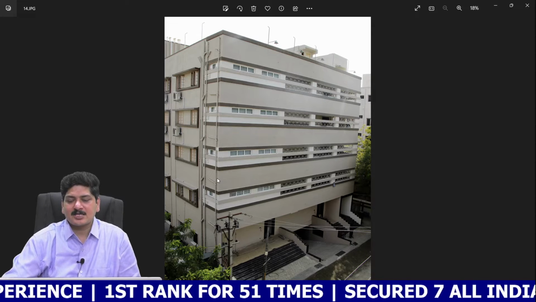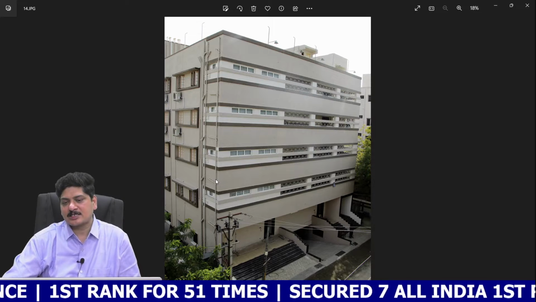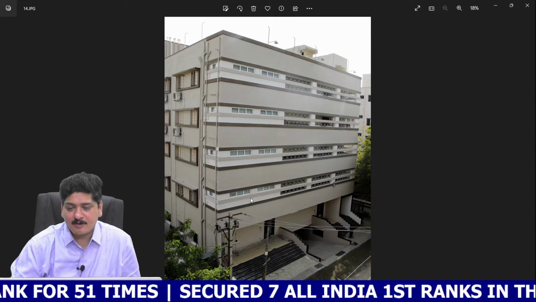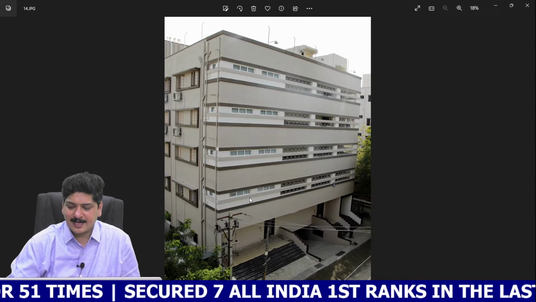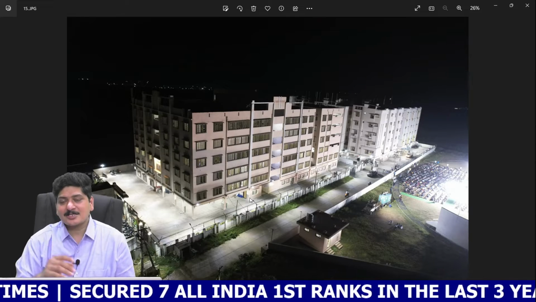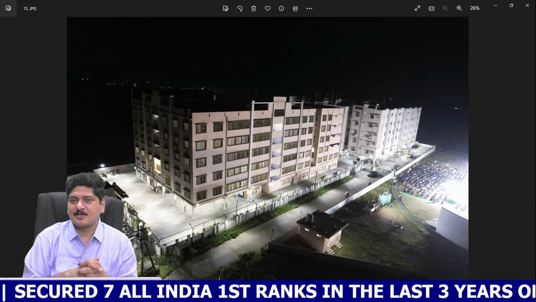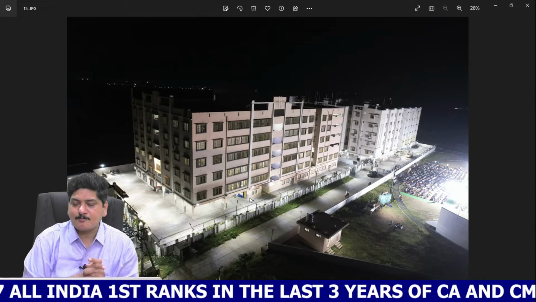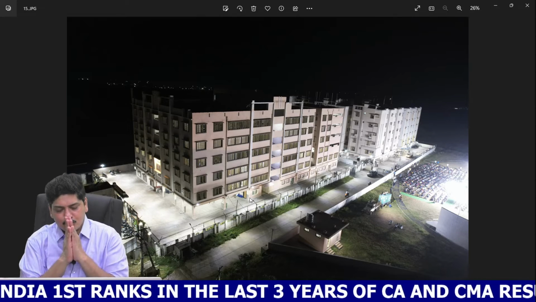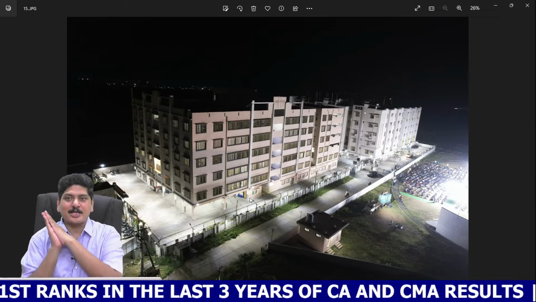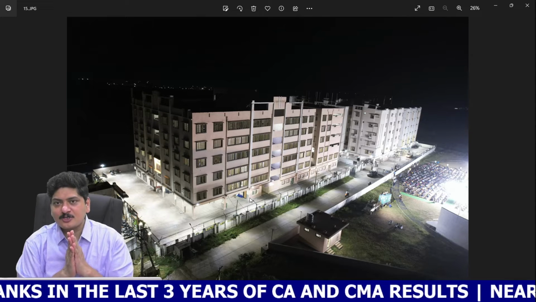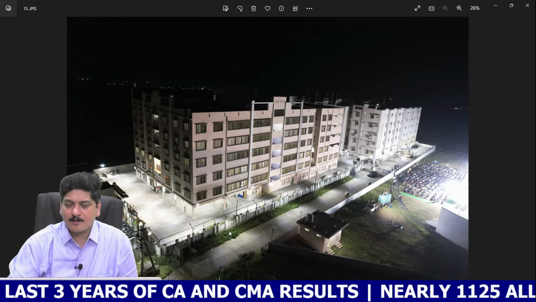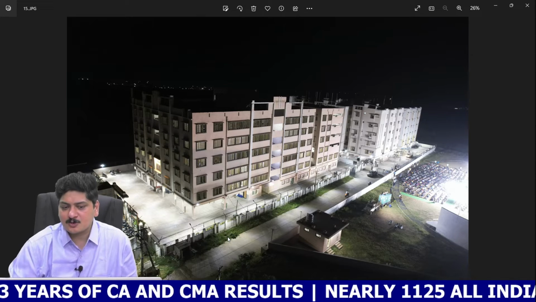Probably we haven't decided, but most probably the CA inter group 1 and group 2 crash batch and group 2 regular batch classes are going to be conducted in this campus by name Pavanaputra campus. This is called the study campus. And I just told you, after finishing your syllabus, we are going to shift you to CRS system, complete residential system. In case of boys, it is likely to be Shantiniketan. In case of girls, it is likely to be Ruchita campus. So this is a visual of the Shantiniketan campus, consisting of C block, A block, B block. Most probably, you will be asked to stay in A block.